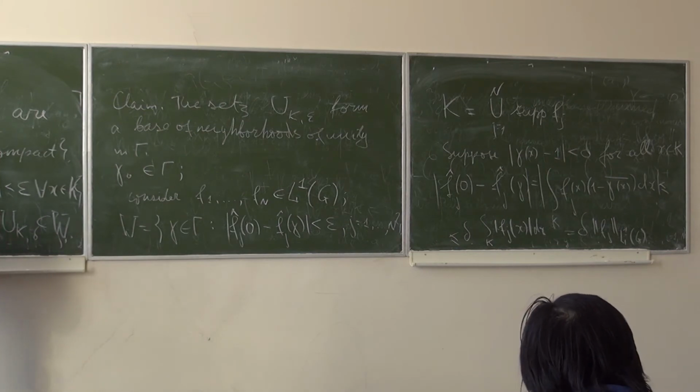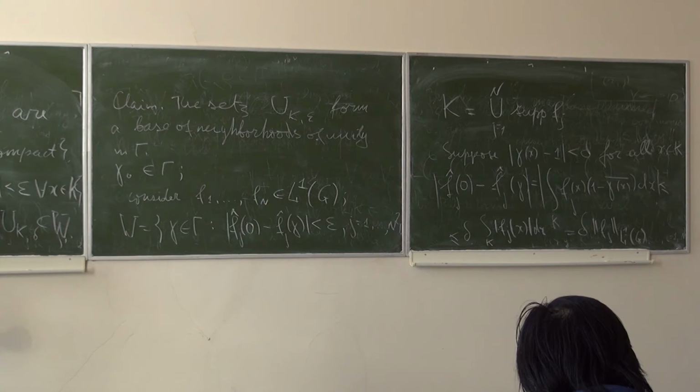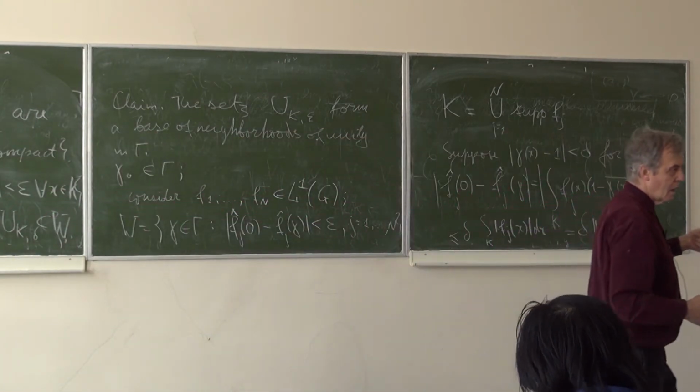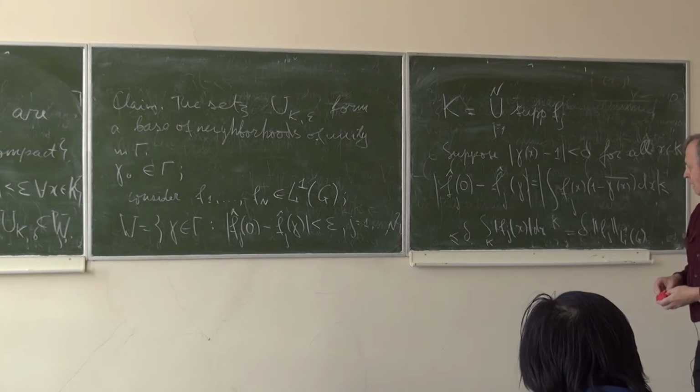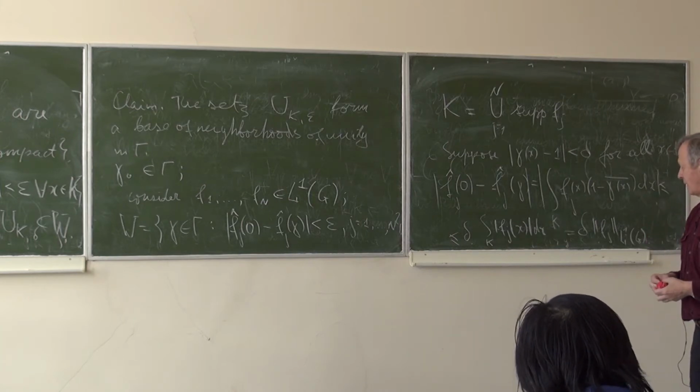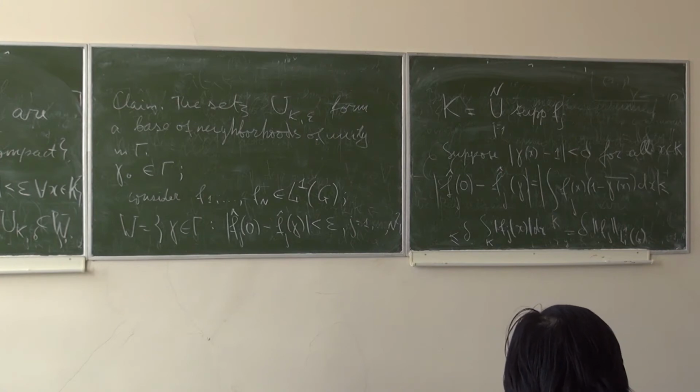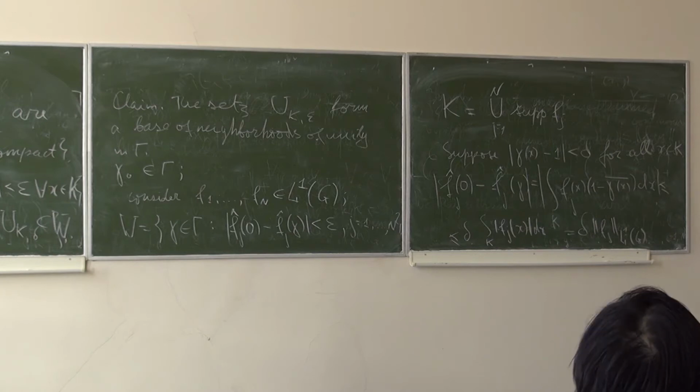Well, now we have this base of convenient neighborhoods of unity. Where did you use the continuity of fj? Nowhere. Simply, I needed that they be compactly supported. But as to continuity, well, yes. Compactly supported L1 functions. Yes, but